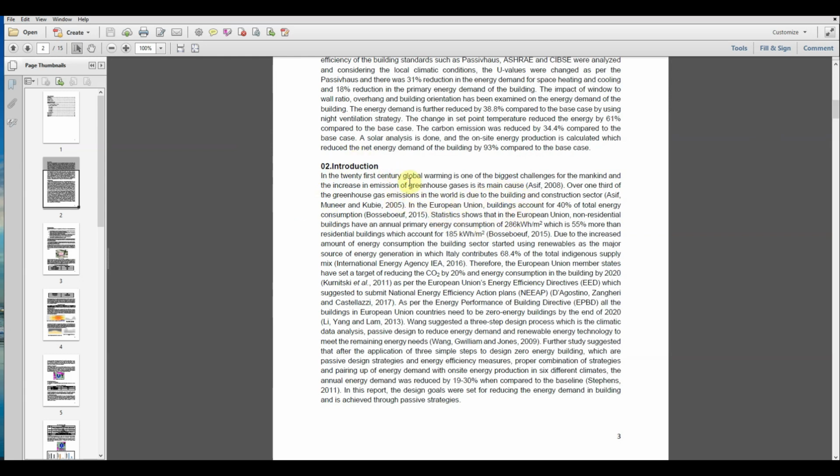So I'm talking about global warming because it says climate, so I'm talking about global warming, buildings and things. And you can see I have referenced a lot of articles here for my introduction. So I'm just discussing all these from the articles, previously written articles. You can always get all these introduction points from the journals that you're taking. They will have an introduction section, so you can go through them and you can take this.